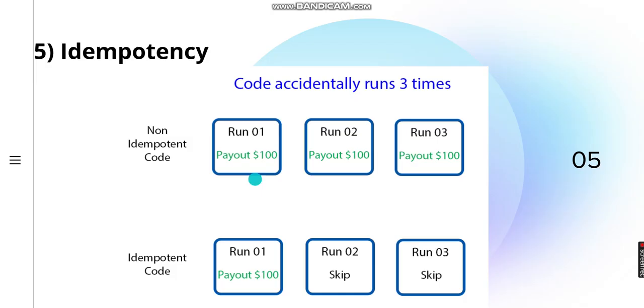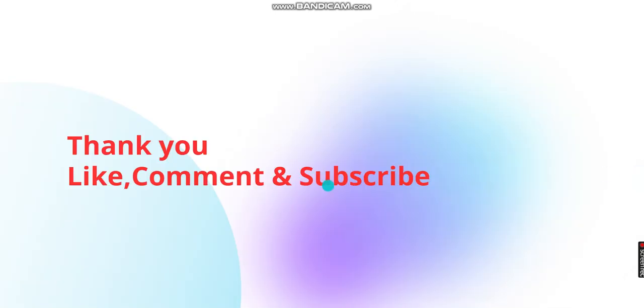So you can see the code accidentally runs three times. In non idempotent code, each run pays out $100, so three times our amount will be deducted, whereas in idempotent code only the first time our amount is deducted, and the other two times it is skipped. So these are very important 30 important system design concepts we have